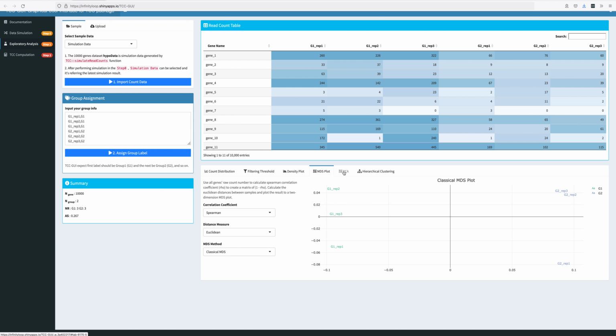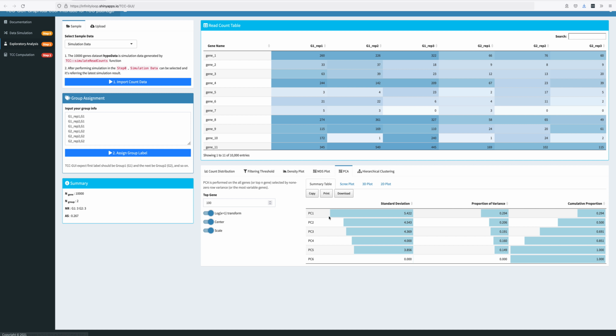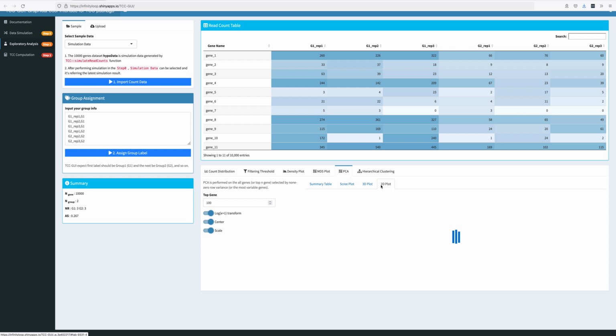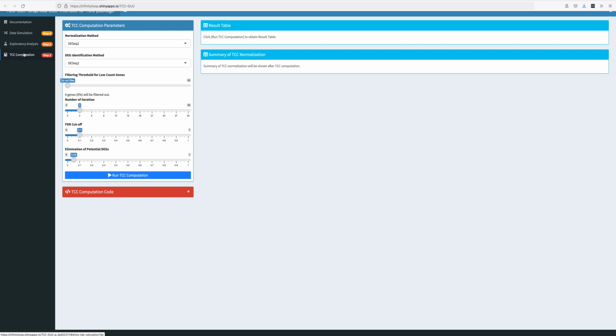MDS analysis. Then you go to the PCA plot and you see the different principal components, and you can have PC principal 1 and 2 in 2D plot, and with these 3 components in 3D in the third one. After that, we can go to the actual differential